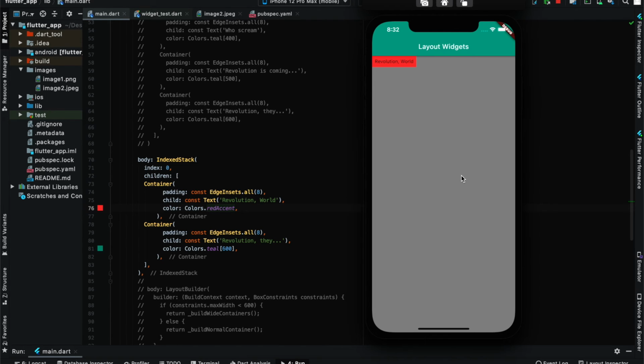Initially it is 0, so the first widget will be displayed. Then when I increment this, the next child will come over it. That means while swiping, we can set the state, and then we can use this index variable.